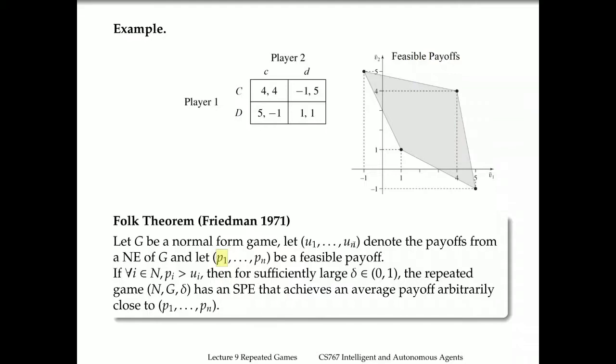So in that particular case, in fact, the average payoff would just be 4 and 4, right? For sufficiently large delta. Remember in the derivation, we showed that for delta greater or equal to 1 over 4, this 4 and 4 will be an average payoff of an SPE, right? But the Folk theorem says not only can we enforce 4 and 4, but we can enforce, for example, 2, 2, because 2, 2 falls within the feasible payoffs. We can also have 3, 3, because 3, 3 is also within the feasible payoffs. So we can also have, say, 2.5, 3 or 3.5, 2.5, something like this. So anything here, we can always find a sufficiently large delta,